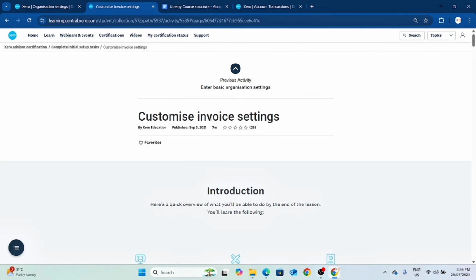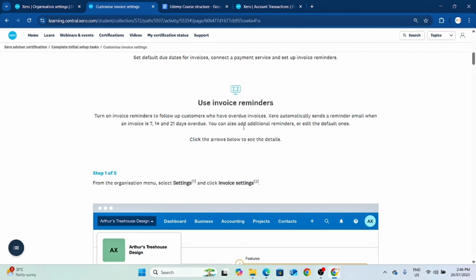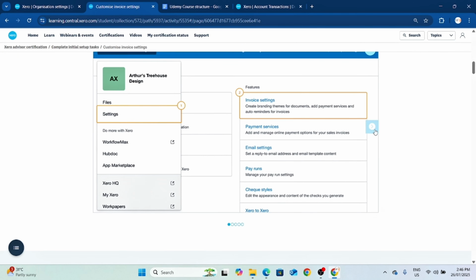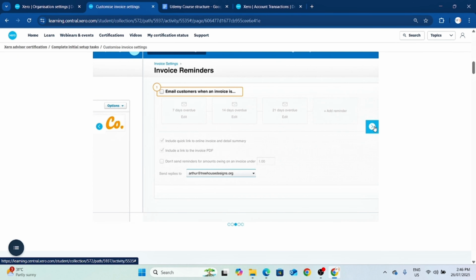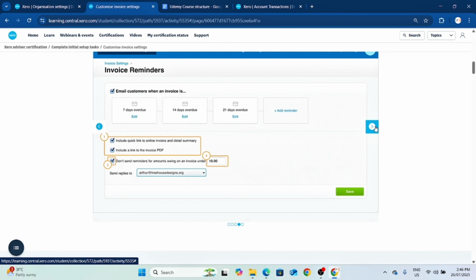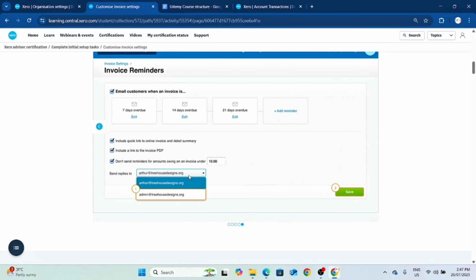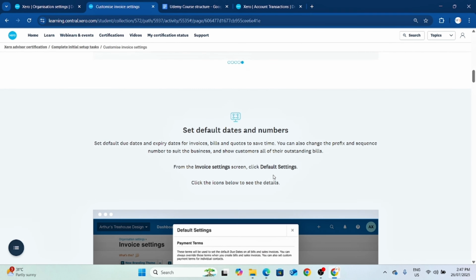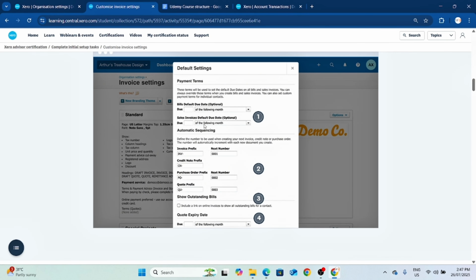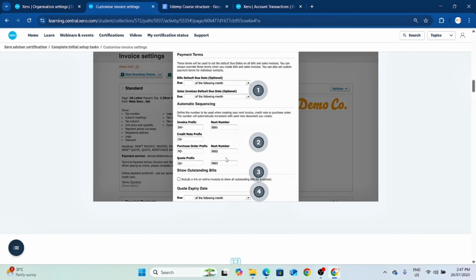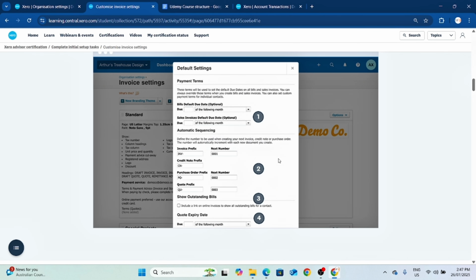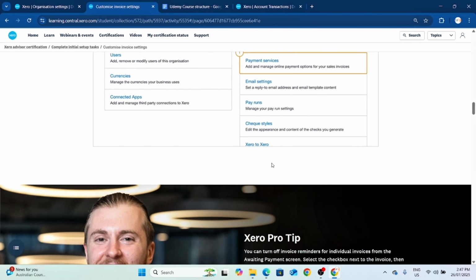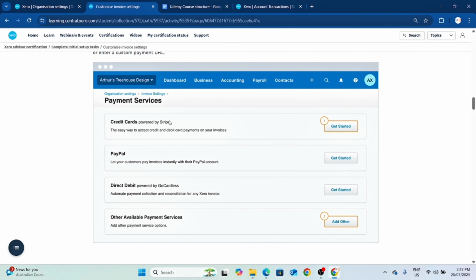If you come again to your learning, you would ideally need to go through the same thing. So everything I was explaining. So this is the invoice settings. Again, invoice reminders, how the email reminders are set up, who the replies go to, and you can change the reply-to address, and then default dates. So these are the default dates, when it's going to get overdue, the starting numbers and all of that, not really necessary. And then the payment services, what you need to connect,